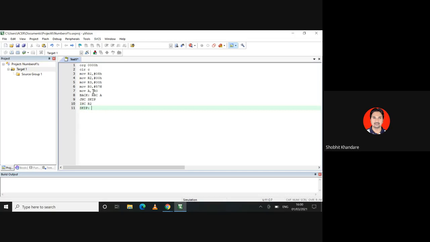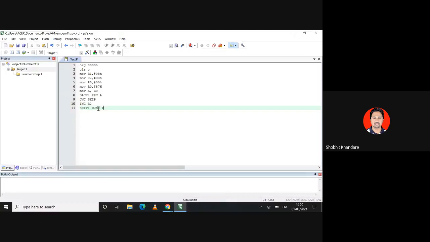R1 को डिक्रीमेंट करो. So for that the instruction is DJNZ. So what is this? Decrement and jump if not 0. Decrement क्या करना है? R1.